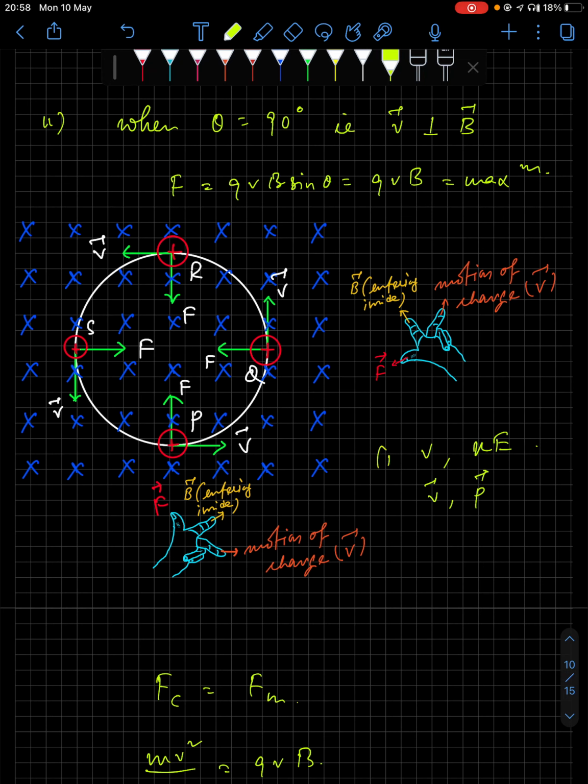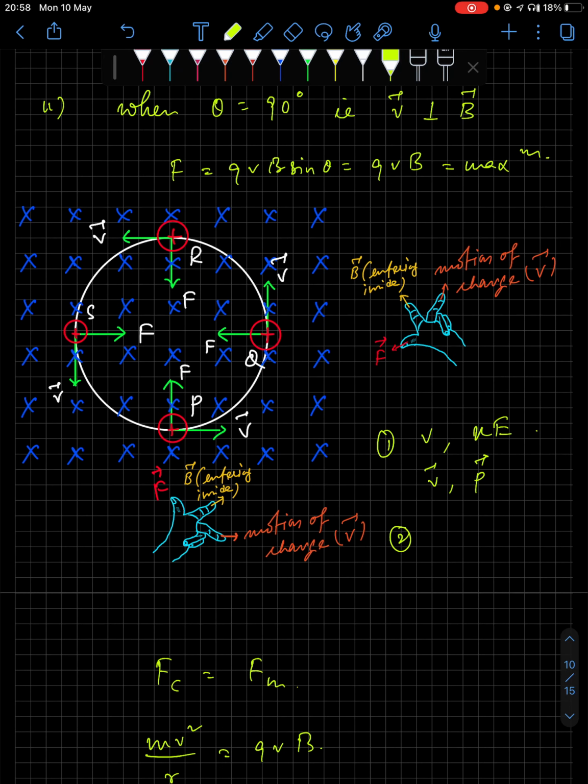Also, point number 2, that is point number 1, these are given there in the note. Point number 2 is particles with same momentum will have equally curved paths. Now, the radius relation was mv by qB, right? So mv you can write as p by qB. So when momentum is same, then the radius will also be same.